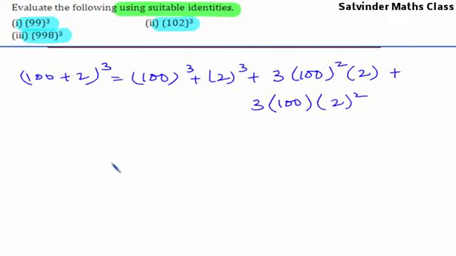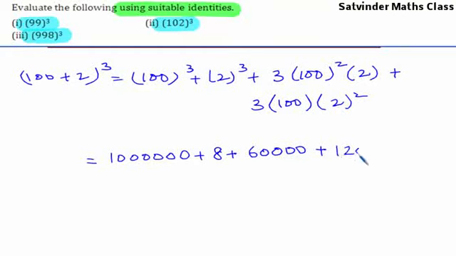Now let us simplify this. We have 100 cube is 10 lakhs plus 2 cube is 8 plus 100 square is 10,000. 10,000 into 2 is 20,000. 20,000 into 3 is 60,000. Therefore 60,000 plus 2 square is 4. 4 into 3 is 12. 12 into 100 is 1,200. This is equal to 10,61,208, which is the required value of